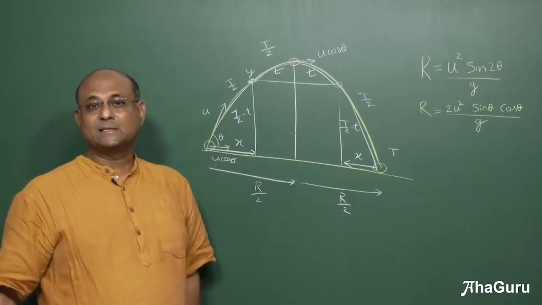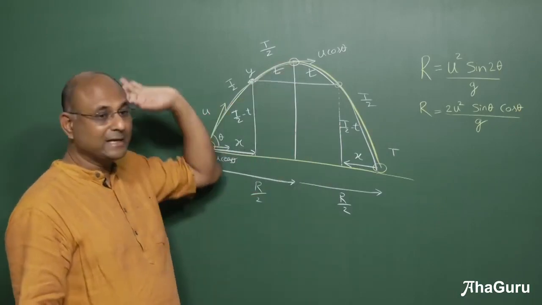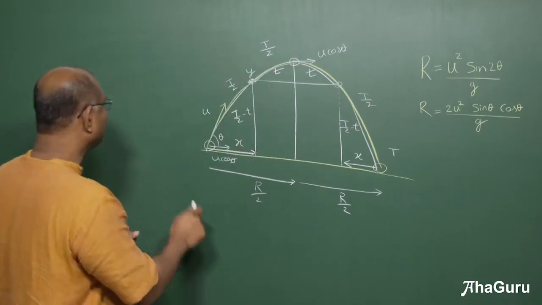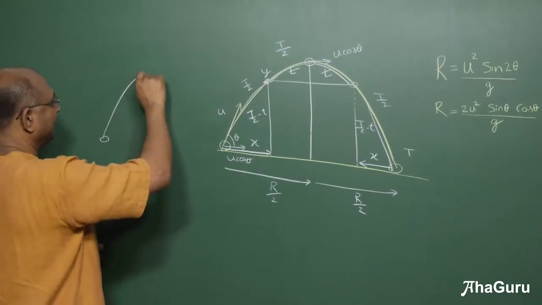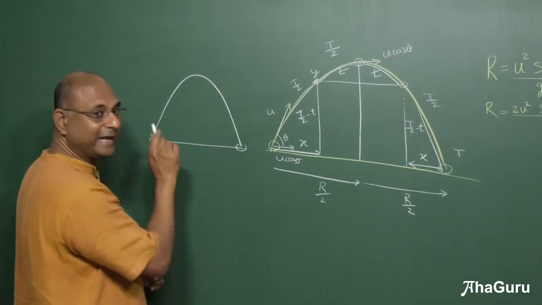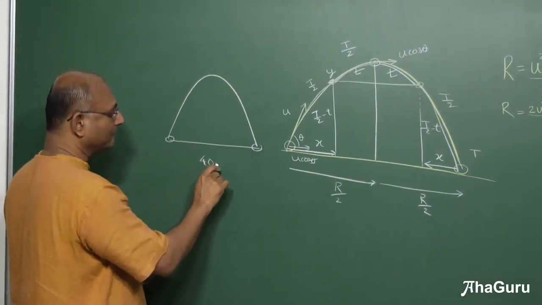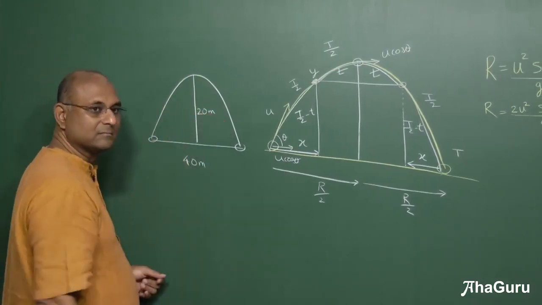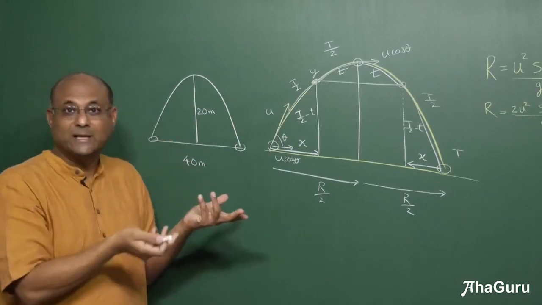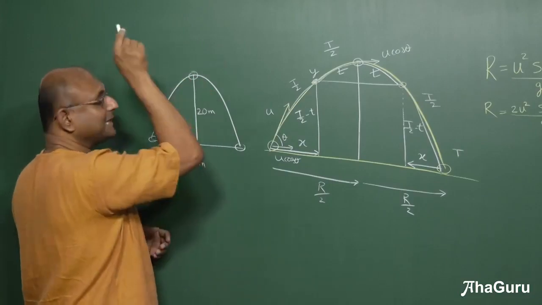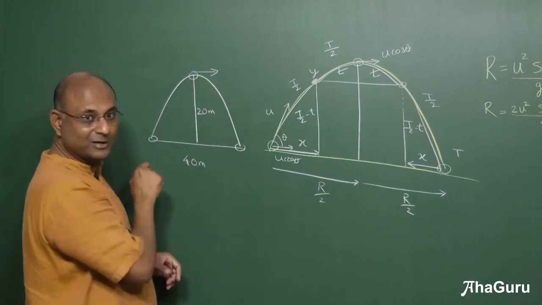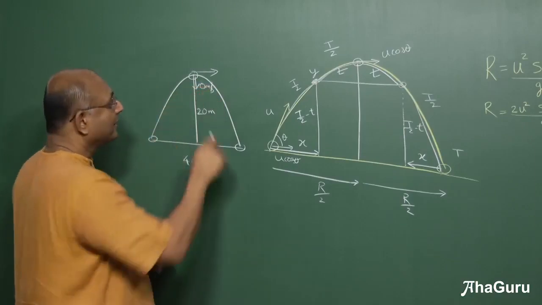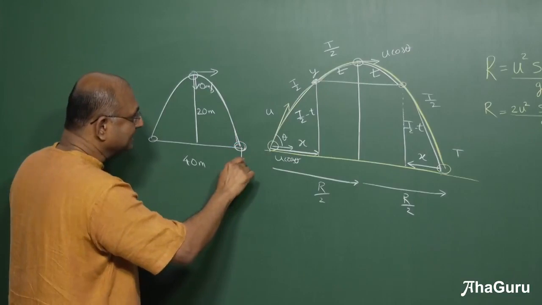Now, because of the symmetry, it is actually very useful to solve problems starting at the top. If you didn't know the initial velocity, but I knew the maximum height, for example, I will solve the problem like this. So suppose the problem says that this fellow has a range of 40 meters and has a maximum height of, let us say, 20 meters. But I don't know anything about the initial velocity. So what I will do is I will say, let us start at the top. At the top it would have some horizontal velocity and then it would have a vertical velocity which is 0 meters per second. Now when it comes down, how much distance has it come down by?